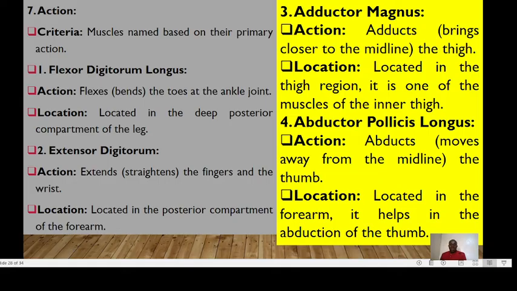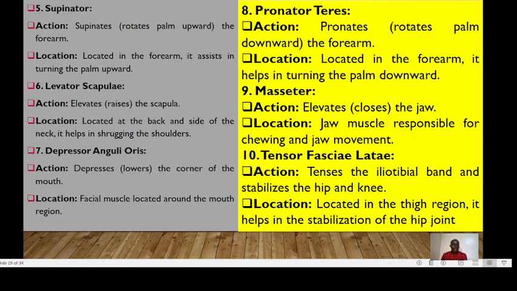All right, we have the supinator, it supinates the forearm. We have the levator scapulae, this elevates the scapula, while the depressor anguli oris, this one lowers or depresses the corner of the mouth. The pronator teres, this one pronates or rotates the palm downwards, while the masseter, this one